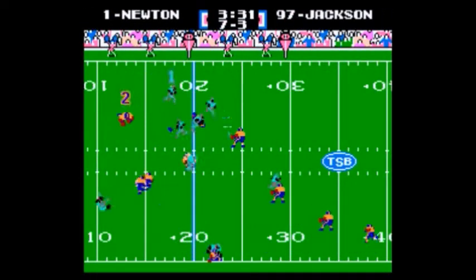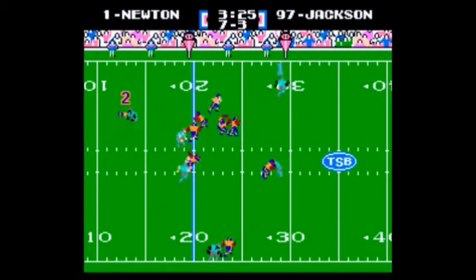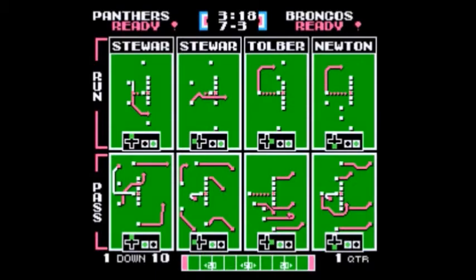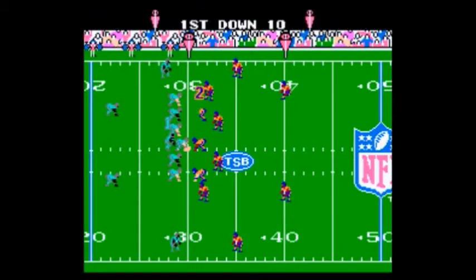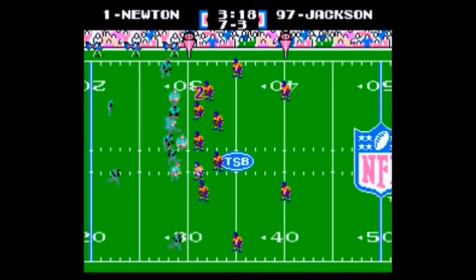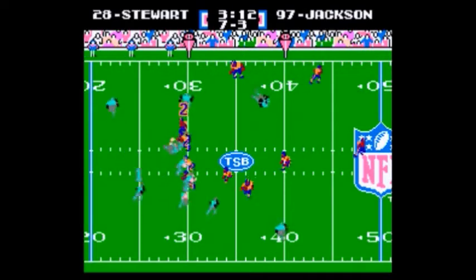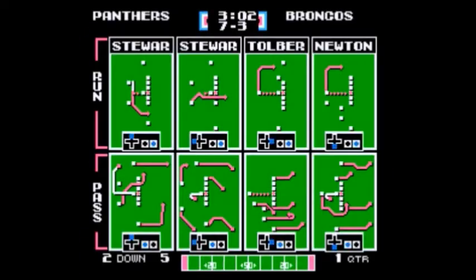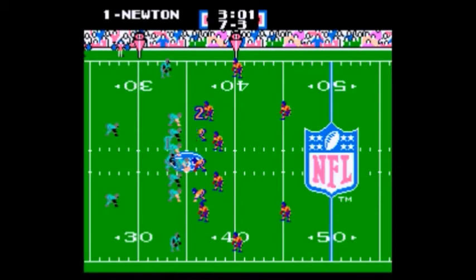Oh, and a direct snap there to Cam Newton, who was set up. I believe that was a Wildcat formation. It looked like it, Bob. Looked like Newton was offset just a little bit to the right. Is that a little interesting trickery we're seeing here in the Super Bowl by Ron Rivera? Riverboat Ron, as they call him. That's right. And now a reverse there to Stewart, second down and 5.